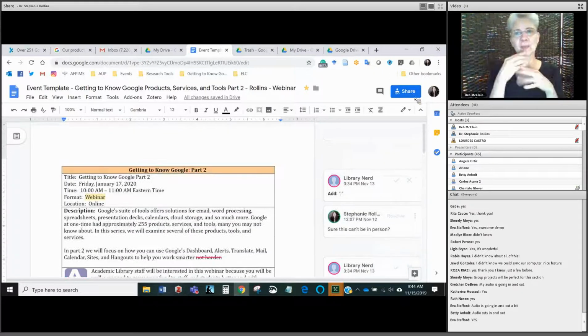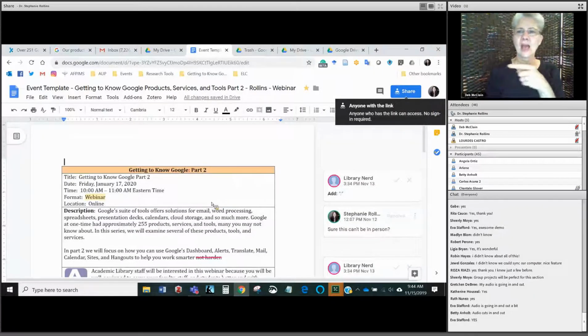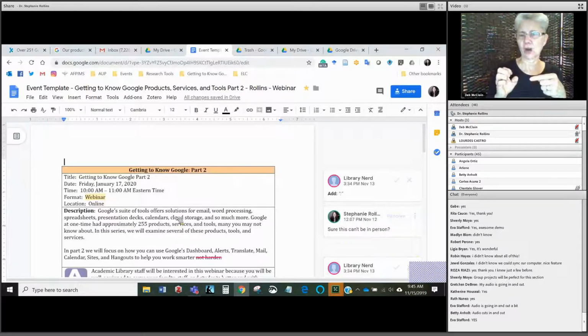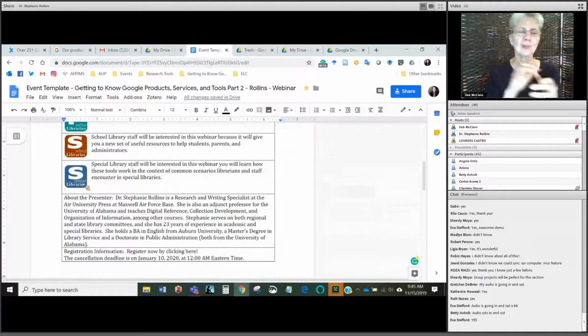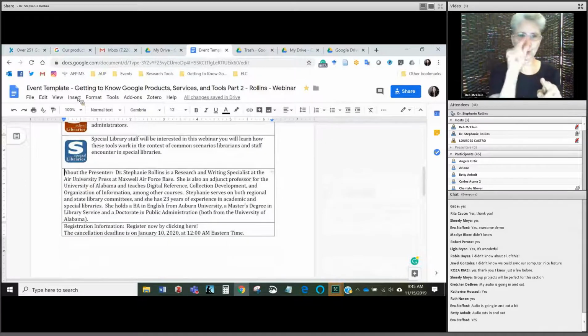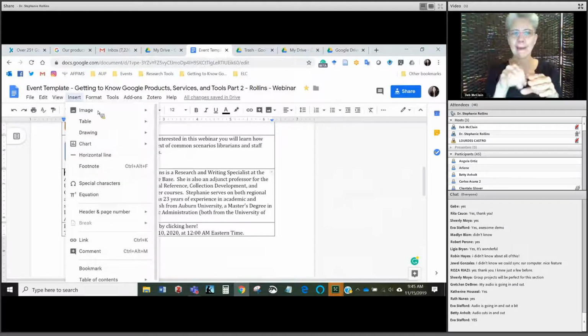So it is fantastic. Like I said, you still have the same share functionality up here at the top. The cool thing is it's just like a Word doc where you can put in pictures. So I just want to show you that real quick because I think that's kind of pretty cool. It works just like Word. So if I want to put in a picture, just like in Word, you go up to Insert,